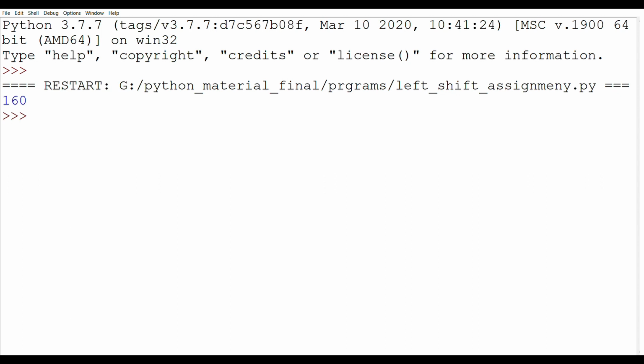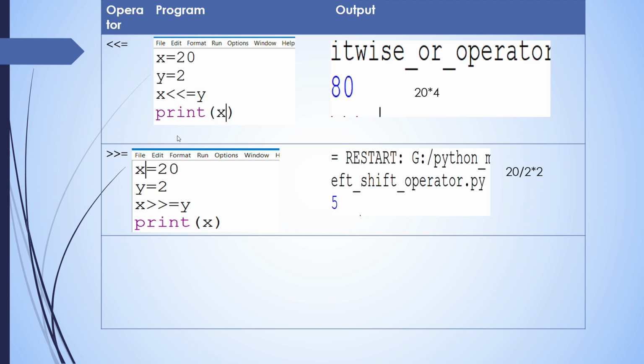Now we are going to see the right shift assignment operator. Here you can see x has a value 20 and y has another value 2, and the expression is x right shift assign y.